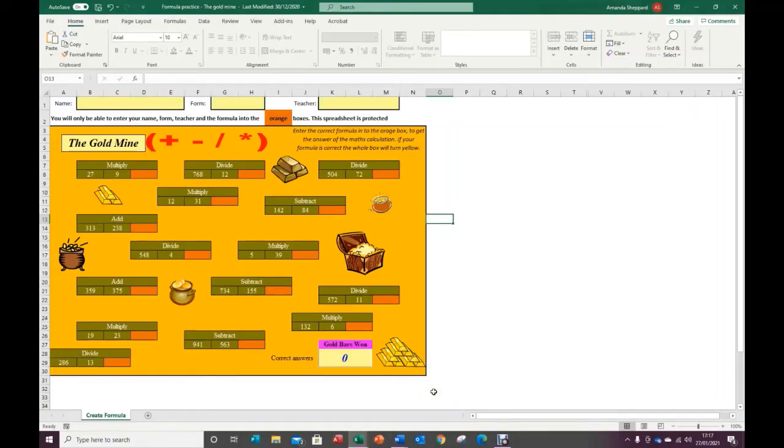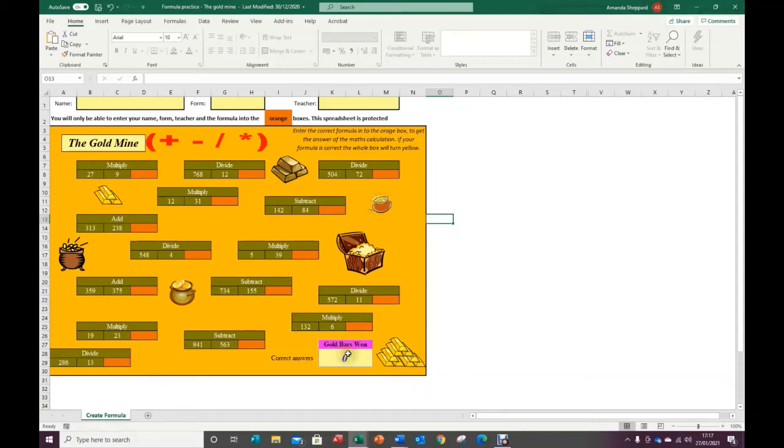Okay, welcome back. I've also put another little sheet together for you, again just to practice, and these are sheets that you can use over and over to practice your skills. I don't want you worrying about the numbers, okay, we're looking at the functioning of putting a formula together. This one again marks itself for you, so you'll be able to see where you're getting it right and where